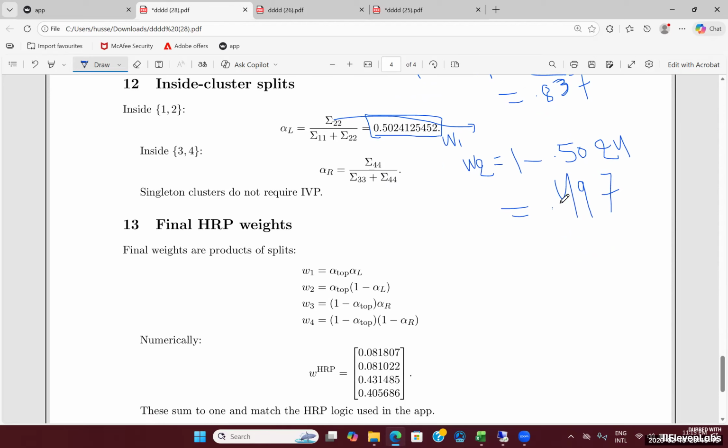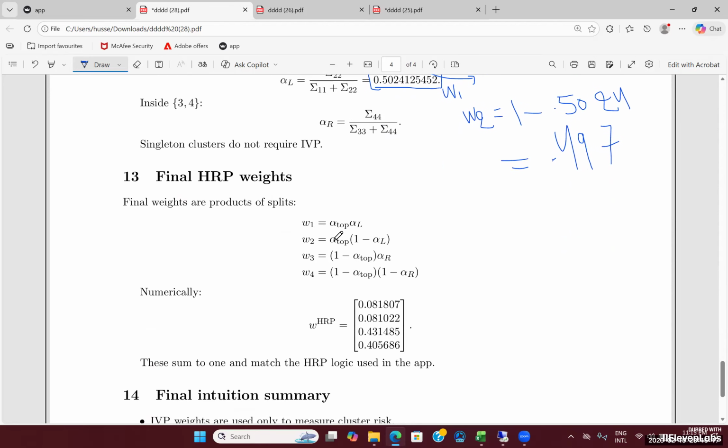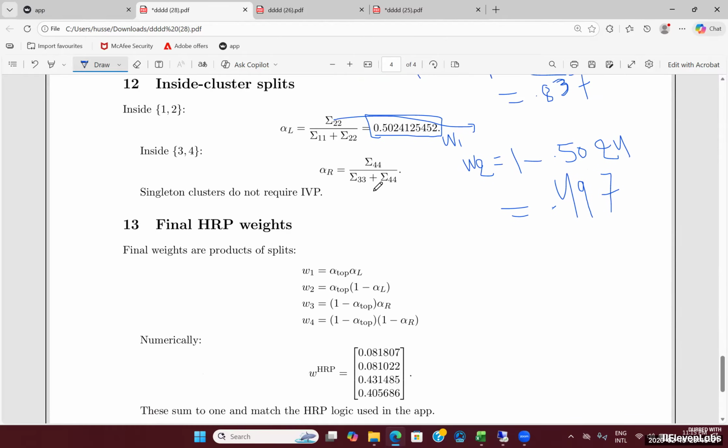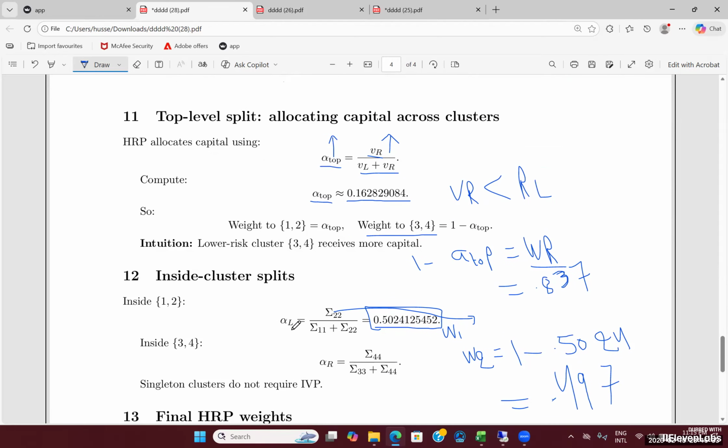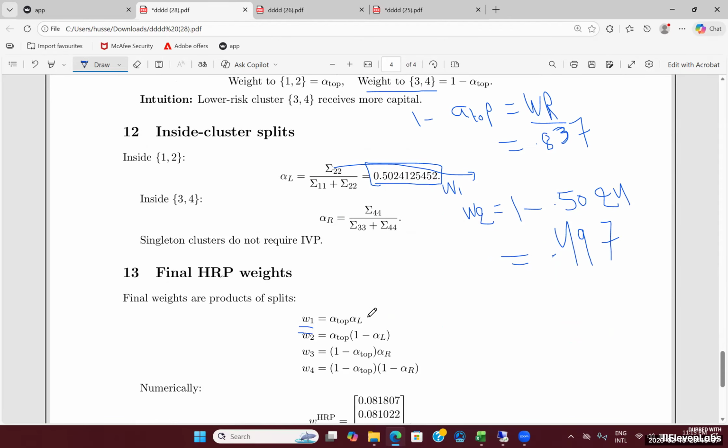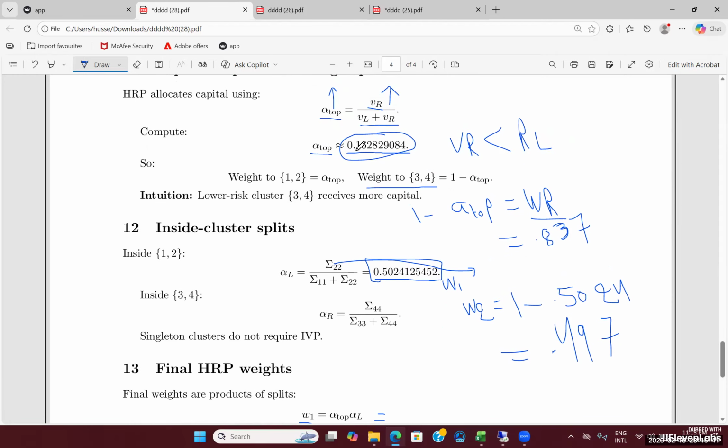It is absolutely crucial that we precisely calculate the product of the capital that has been carefully allocated in order to ultimately derive the final weights. For instance, the initial weight value we've recorded here represents the weight assuming a full 100% investment. However, this isn't accurate, as within the left cluster, we've only committed a specific portion. Therefore, to determine the true actual weight, we must multiply the amount we've assigned to its respective cluster. In this particular scenario,